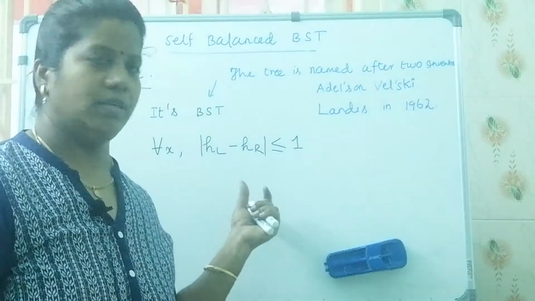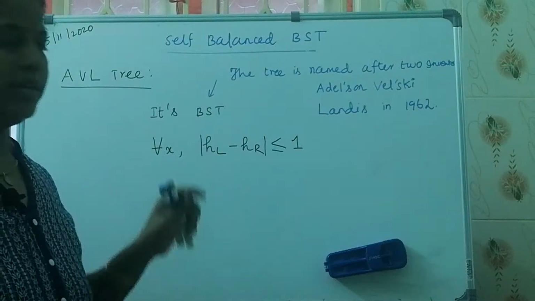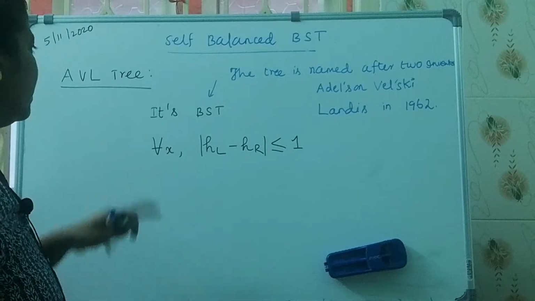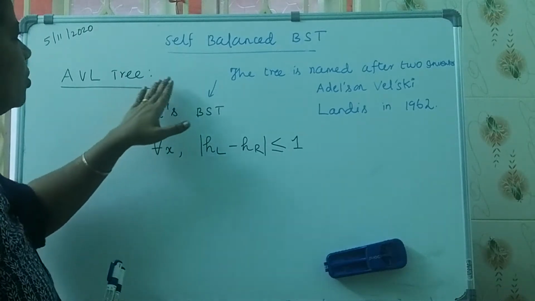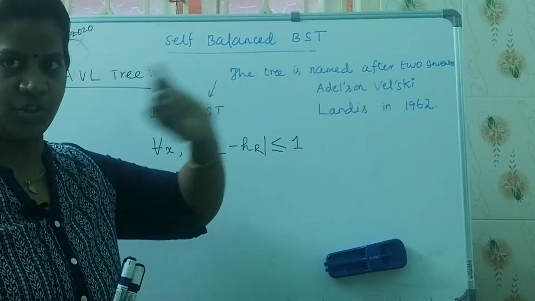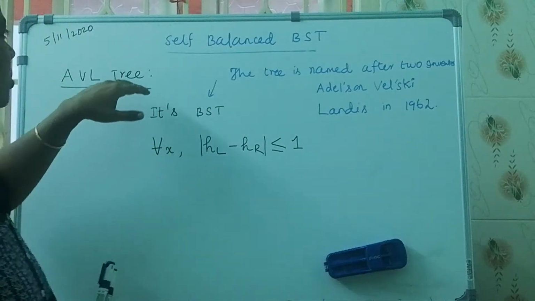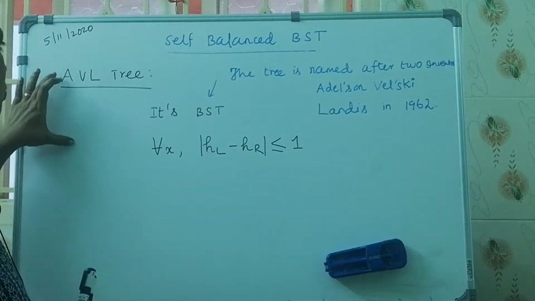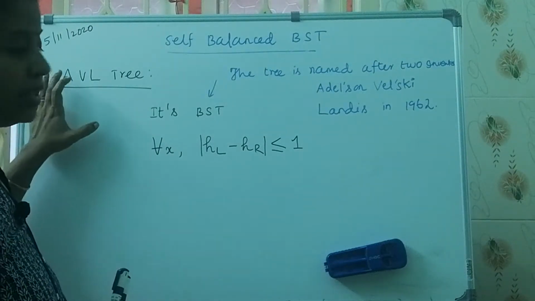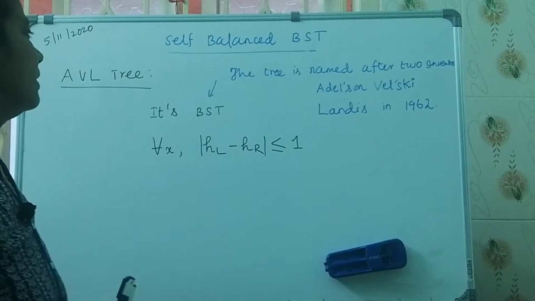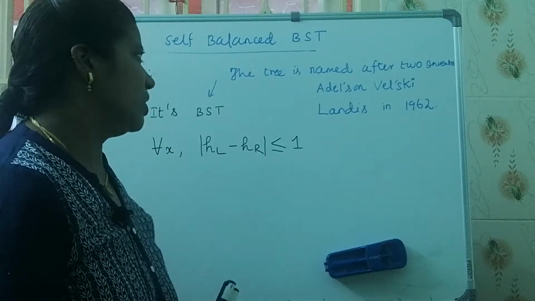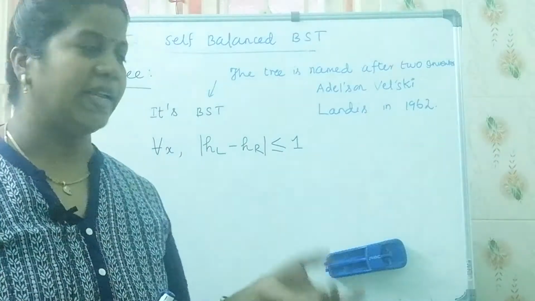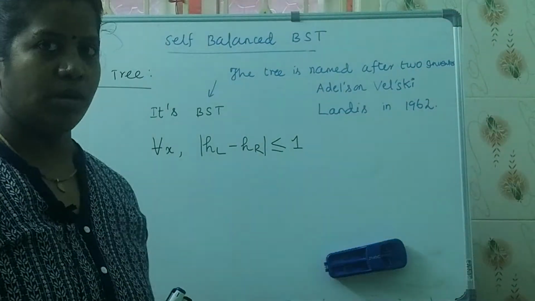Now let us consider the AVL tree. The definition of the AVL tree is given over here. Before going into the definition, the AVL tree is also called a self-balanced binary search tree, or a height-balanced binary search tree. As I said, this is one of the self-balanced binary search trees. There could be many methods that come under self-balanced binary search trees. The other popular trees are the red black tree, splay tree, B tree and so on.